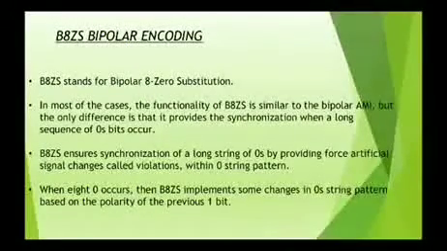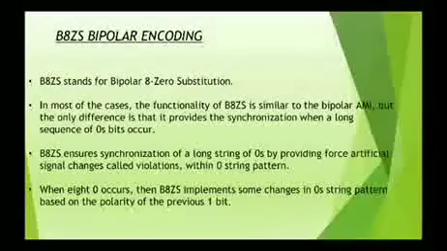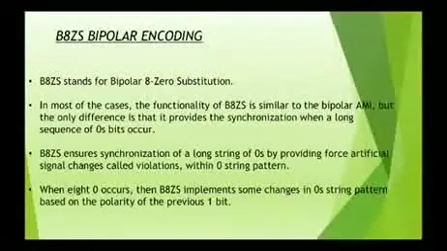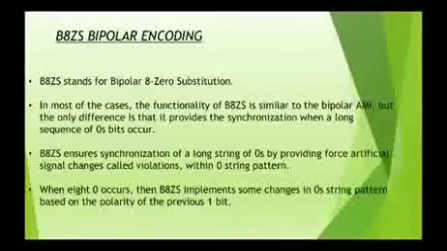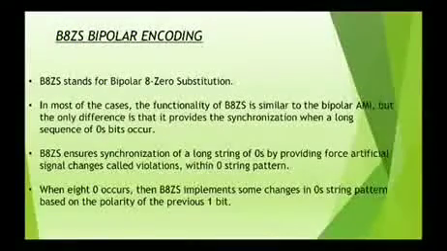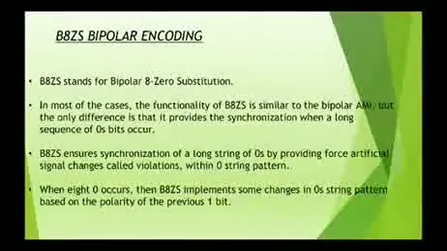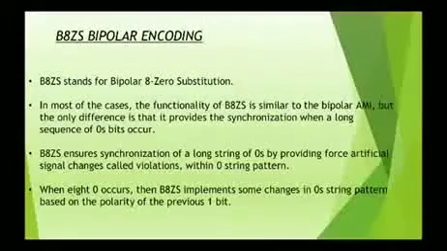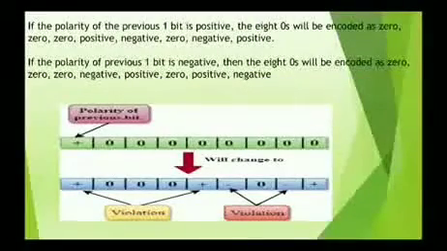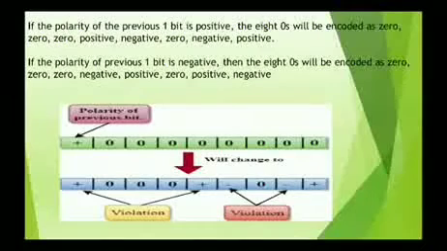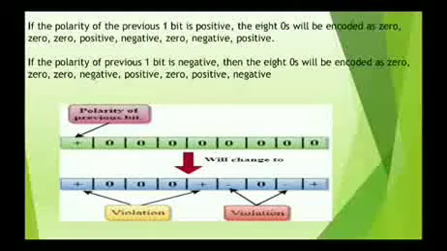When 8 zeros occur, B8ZS implements some changes in the zero string pattern based on the polarity of the previous bit. The violations depend on the polarity of the previous 1 bit, whether it is positive or negative. If the polarity of the previous 1 bit is positive, the 8 zeros will be encoded as you can see in the figure: 0 0 0 positive,